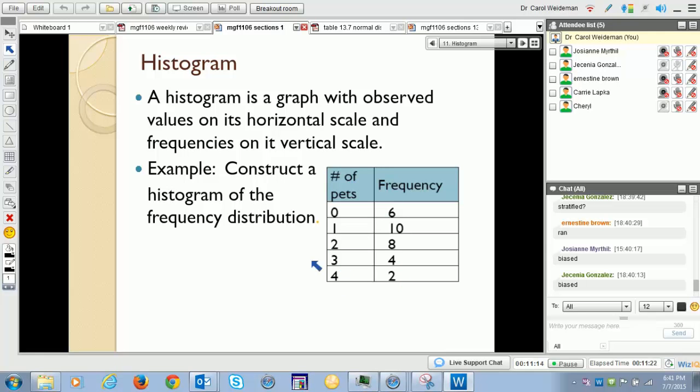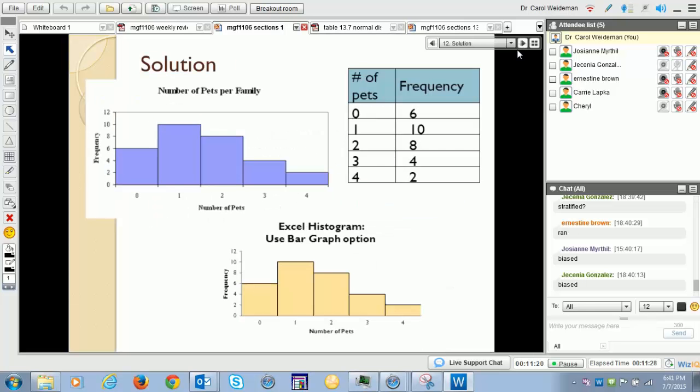We can use this summary table, it's called a frequency distribution, to construct a histogram. And again, I'm not holding you responsible for constructing these, but being able to read them. So here's a histogram. Here's one I made, the same data, I put it in Excel. It's using this data and making a picture of it. Okay, here's another picture here. All right, and we're going to talk about histograms in just a second, but this is what the data display looks like. So you can see a lot more here than you see here.